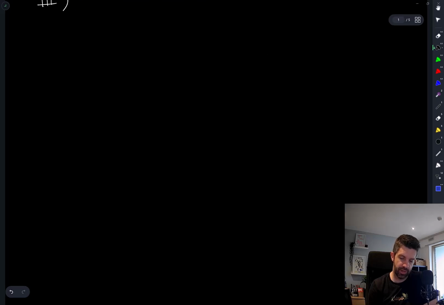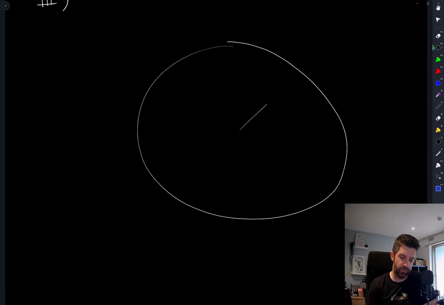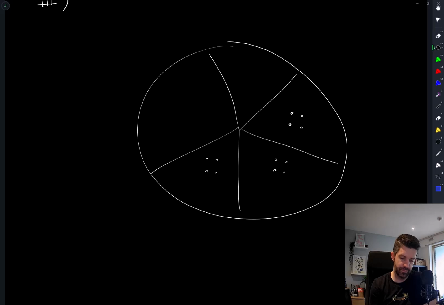So if I want to try and come up with an example where this statement is false, then I need all pairs to have at most 8 points. I could do something like this, but then of course that's only 20 points. If I add one more point, it doesn't work. But what if the initial distribution is something like this? So I've taken 3 points out. If I add 1, 2, 3,